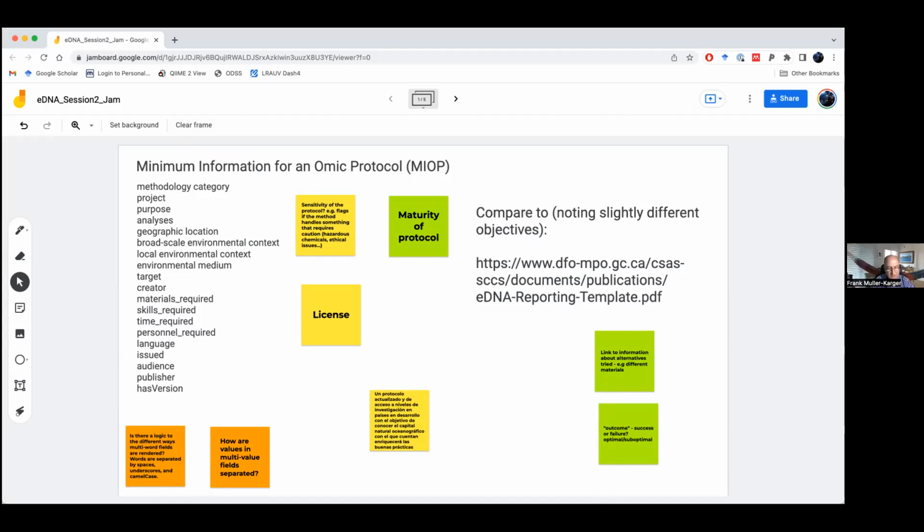Yeah, hi. Thanks. I may ask what may appear like a dumb question, but I've looked maybe superficially at MixS, and I'm trying to understand, where do you capture very fundamental things like position and the format in which you code the latitude and longitude, or depth and time or date?